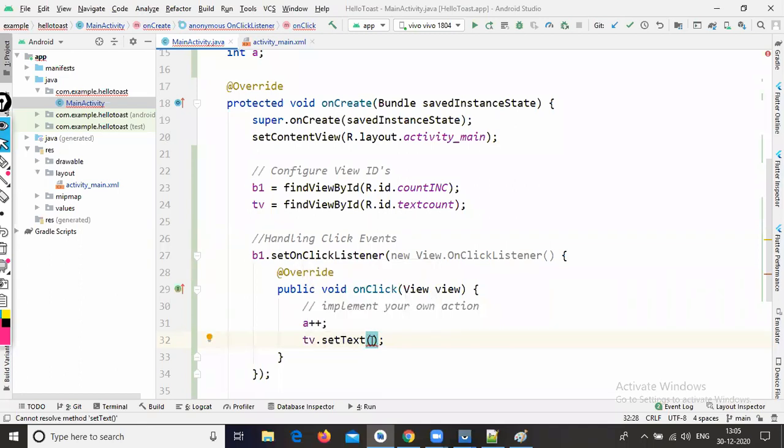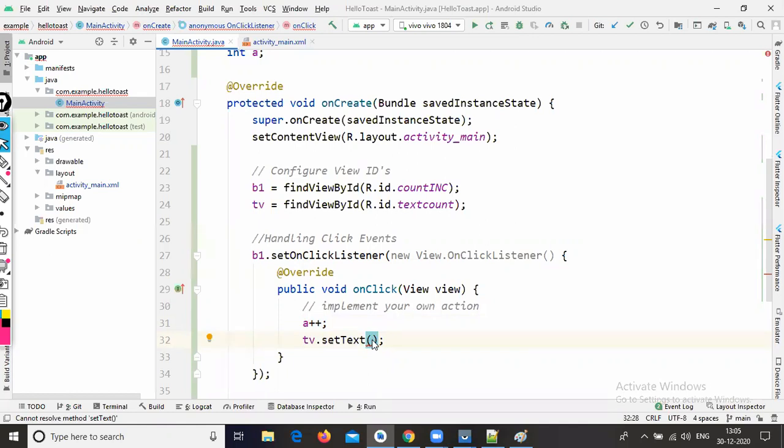See here, in this method it is expecting a string value. But in my project we don't have any string value, it is an integer value. But this setText method is expecting a string value.